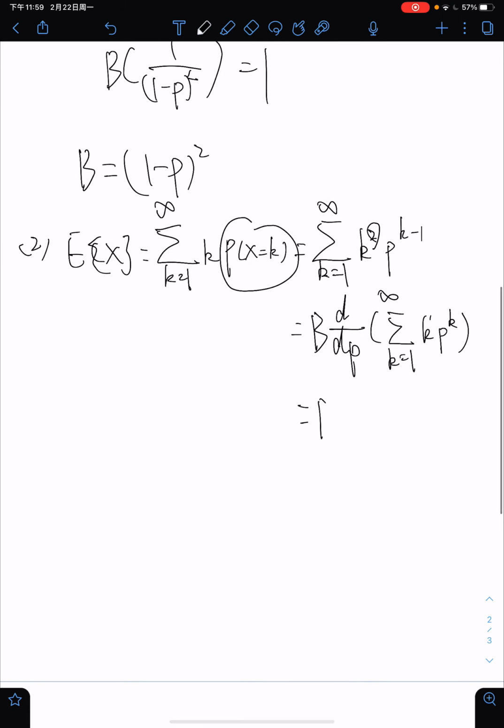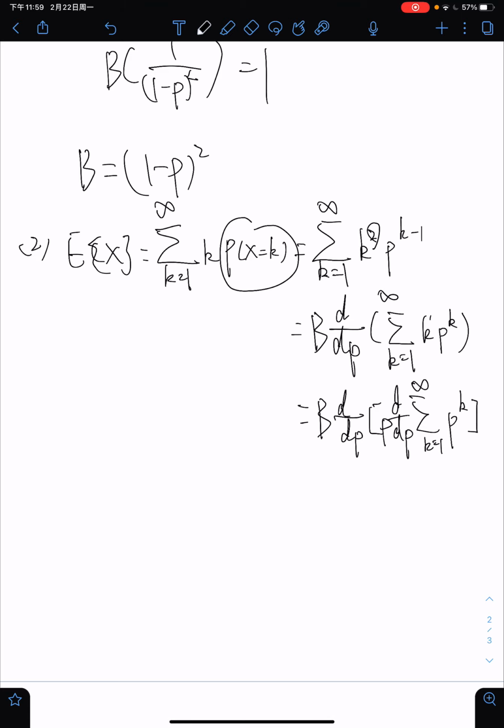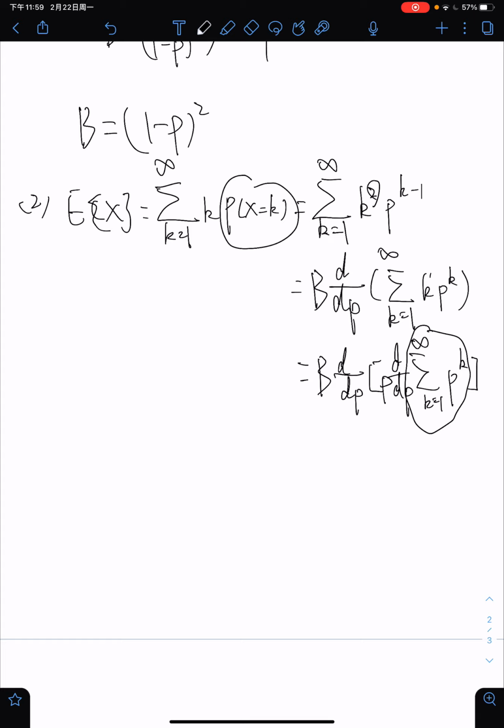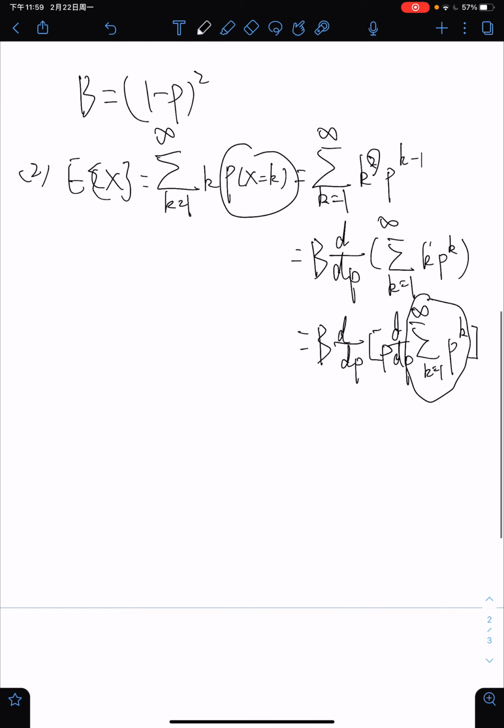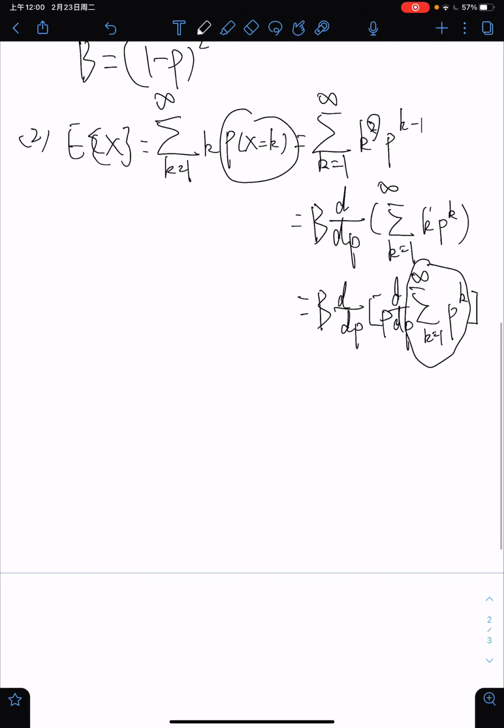Finally, we can get here. And we will see here is geometric progression again. So we can write it